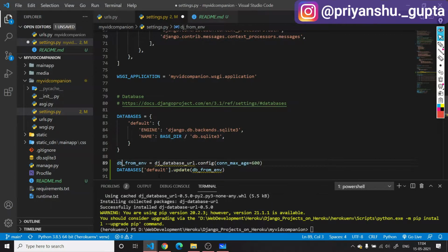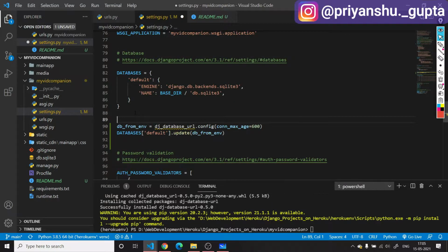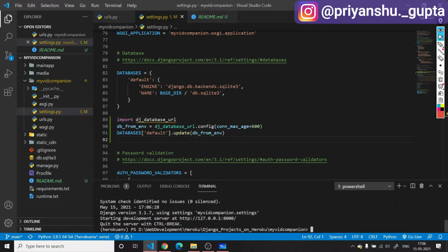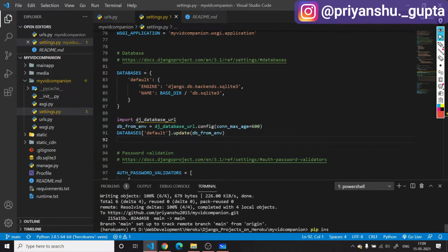Sorry, it's db_from_env here, and you will have to import a library here, that is dj_database_url, and Ctrl+S to save.